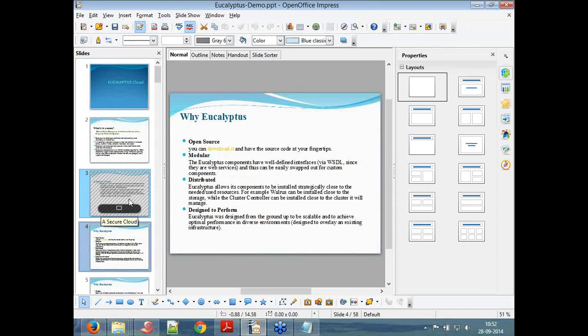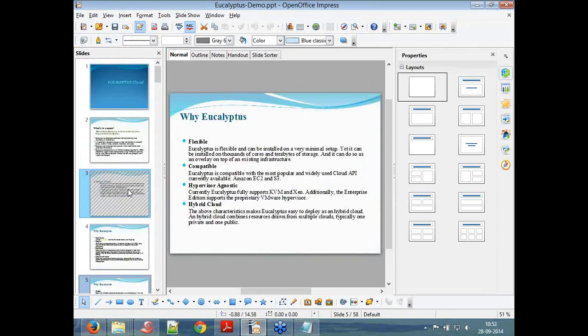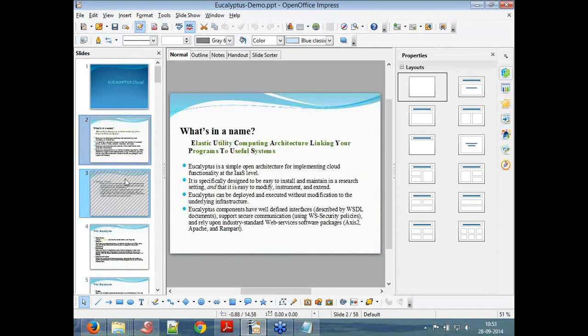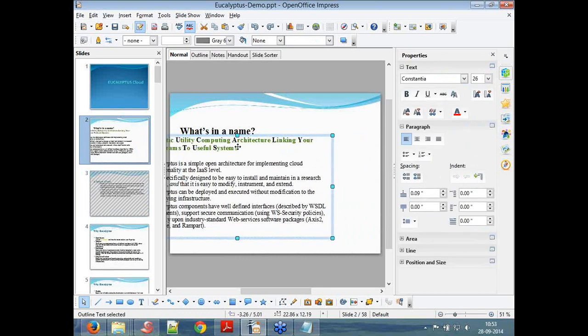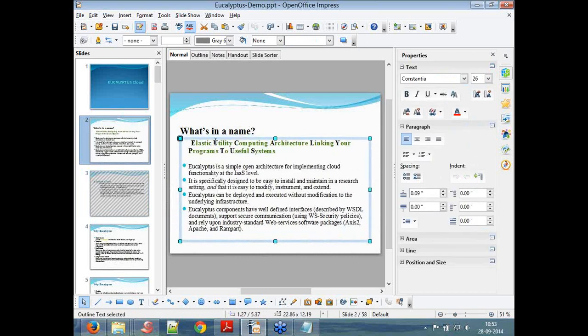I did not go through this PPT because all the topics I covered here are from this only. Eucalyptus stands for Elastic Utility Computing Architecture Linking Your Program to Useful Systems. This is an acronym for Eucalyptus. Elastic is nothing but flexibility. If you want to have your instance, you can run it. If you don't want to use computing resources,